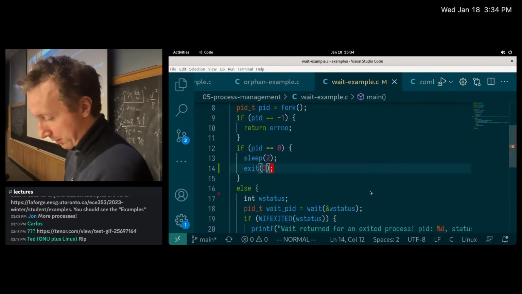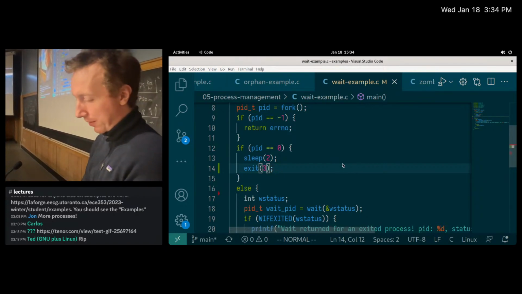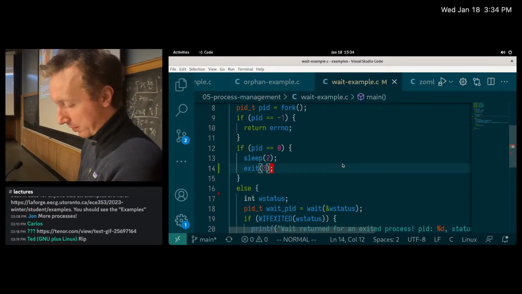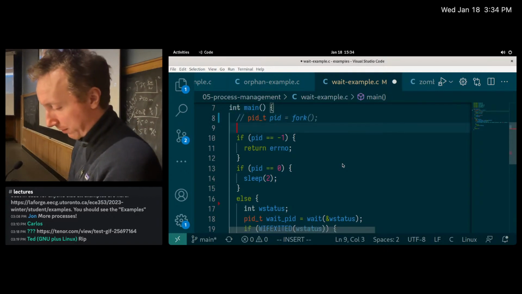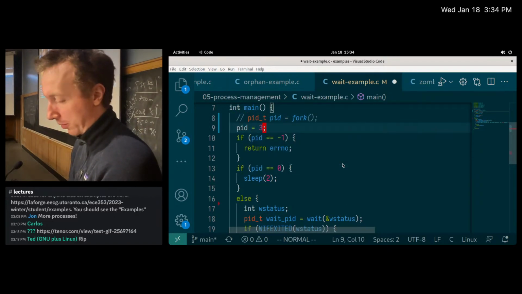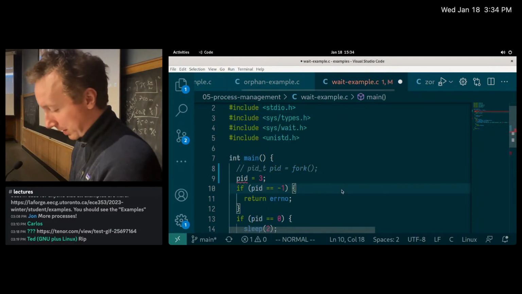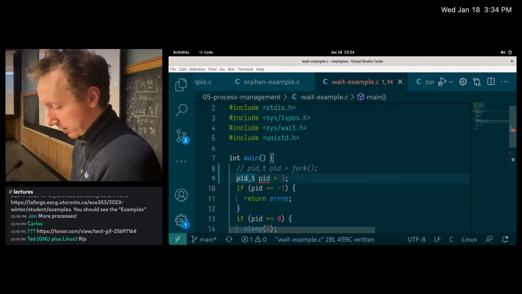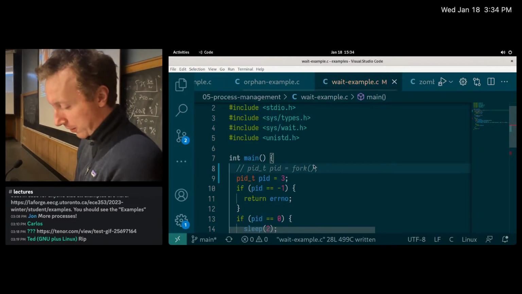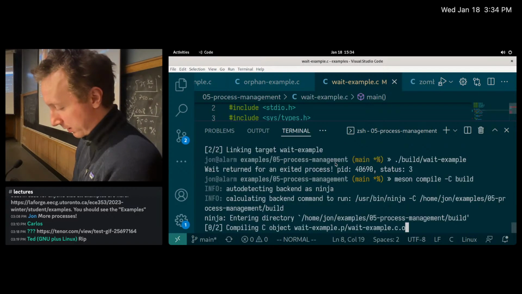Yeah, so that's a good question. The question is, what happens if I call wait without a child process? Let's just say instead of fork, I just go pid equals, I don't know, 2, 3. I just make up something. Whoops, I need to define it still. So if you call wait without a process,